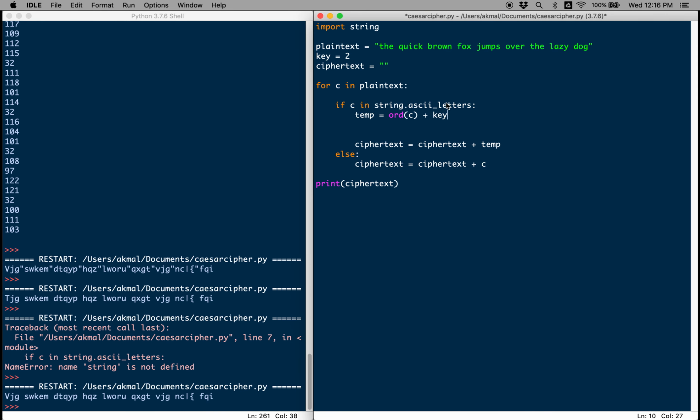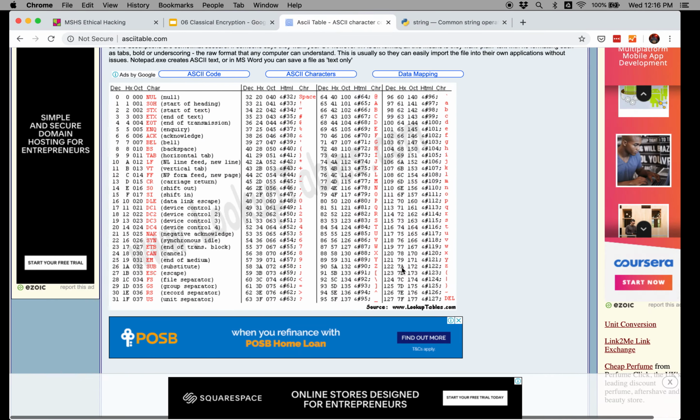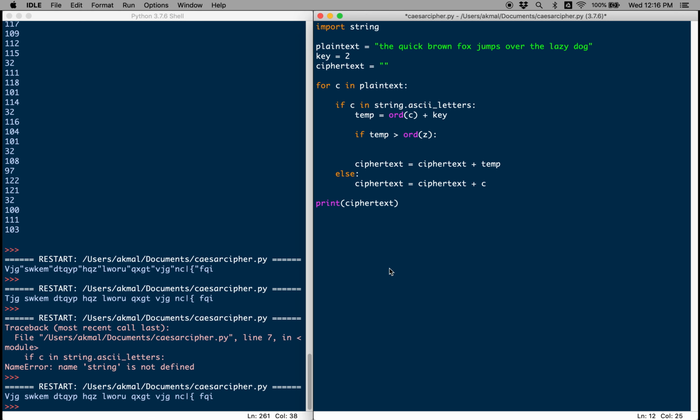So we could say, for instance, if temp is more than the last character of the alphabet, right? Instead of I could say 122, but just so that other people, when they read this code, understand why you are checking for beyond 122, I'm just going to say beyond the last character of the alphabet, which means the ordinal number of the character Z. Then I am going to